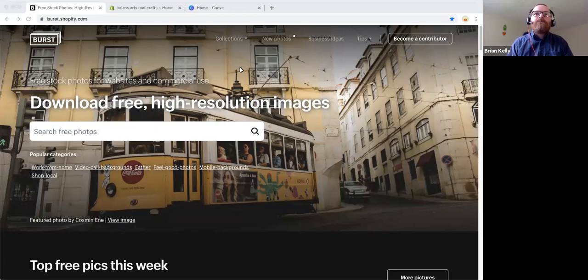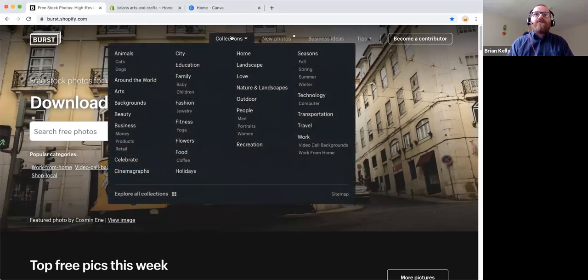Up at the top here, when we land on it, you will see collections. Any number of topics, any number of types of photo covered here. We have animals, backgrounds, business, nature and landscapes, whatever it is. Let's go into nature and landscapes for an example. So if we click on that,